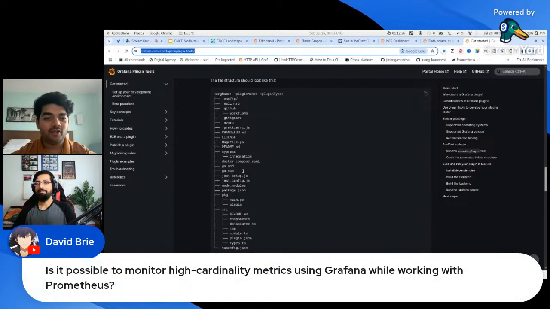Next, we have: is it possible to monitor high cardinality metrics using Grafana while someone is working with Prometheus? Good question. I may not be the right person to answer that. It could be possible, but I will avoid saying exactly how. I do not know, I will say no. Check the Prometheus documentation. But if you have this question, I think it is a good question to ask in